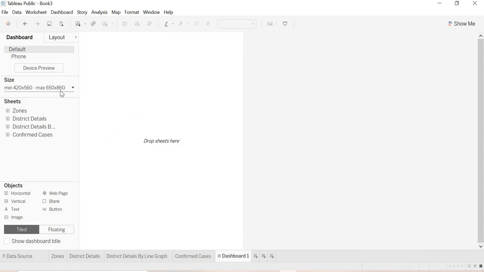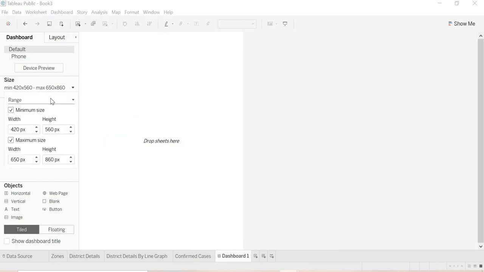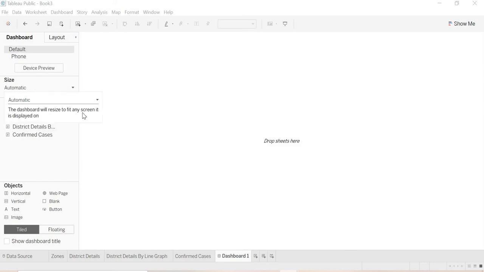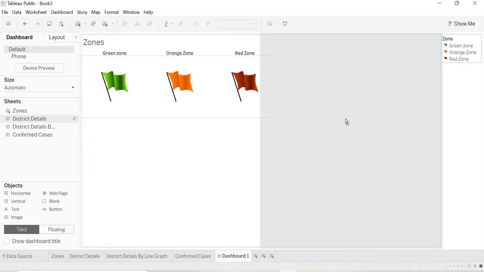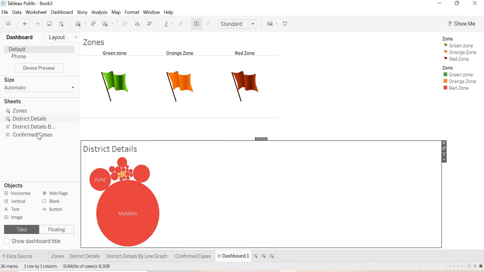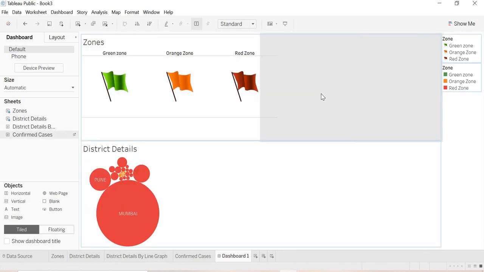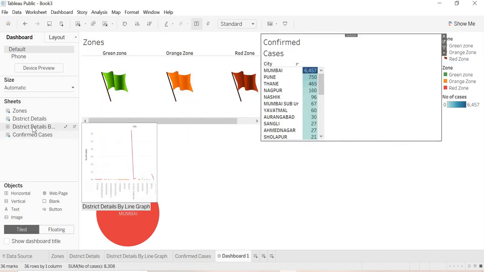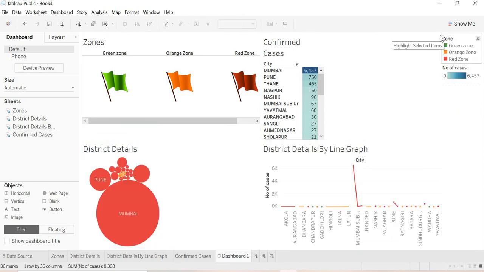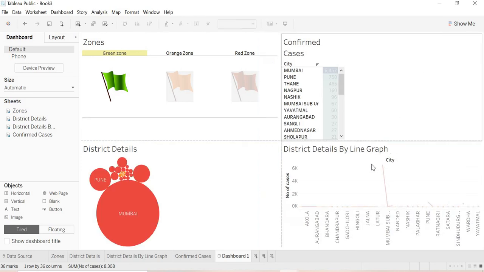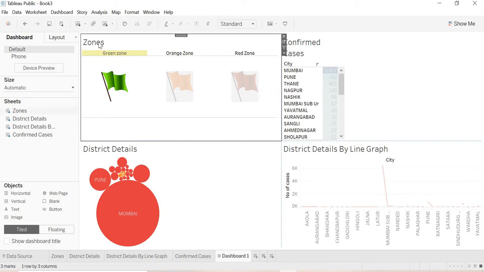I will click over here. I want to maximize this graph, then I will click over here, range automatic. Okay, I got this one. Then I will put one by one zone, then district, then I will put the confirmed cases over here and district by graph. I will remove those things. Then I'll remove this zone also, because we already know these are the zones.